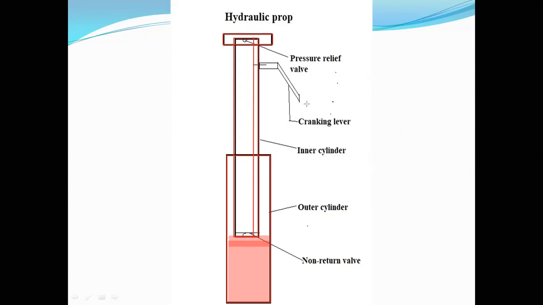You can keep on cranking it, like this. What happens? It will rise, and the corresponding hydraulic pressure in this outer chamber will increase. Hydraulic fluid from the lower chamber keeps on coming in because we are operating this. So it will allow the fluid to flow inside this so that it rises. So this is called a cranking lever.